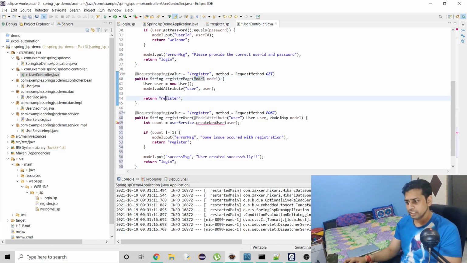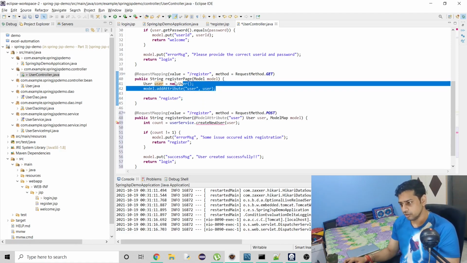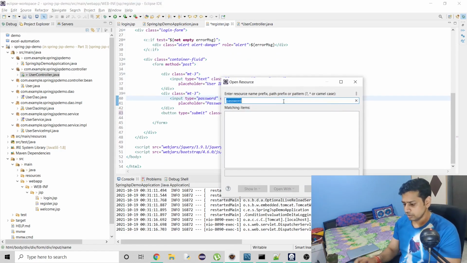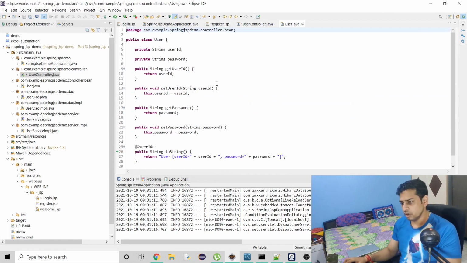So here we redirected, or we went to the register page, right? And we send an object, a user object, along with it. So why did we do this? See here we have user ID and password. And now let's see the user class. So the user class also has two attributes, user ID and password.